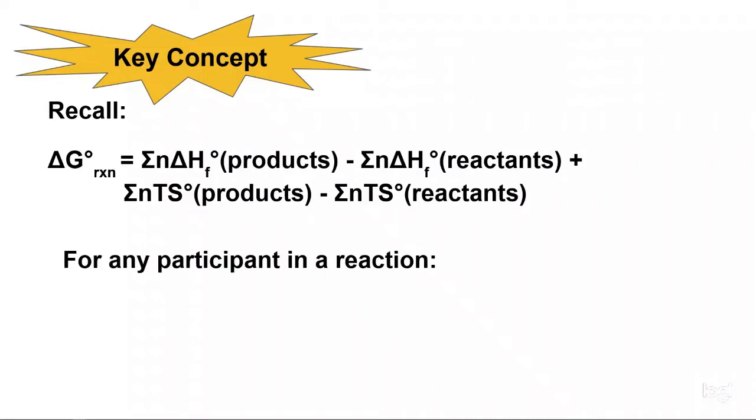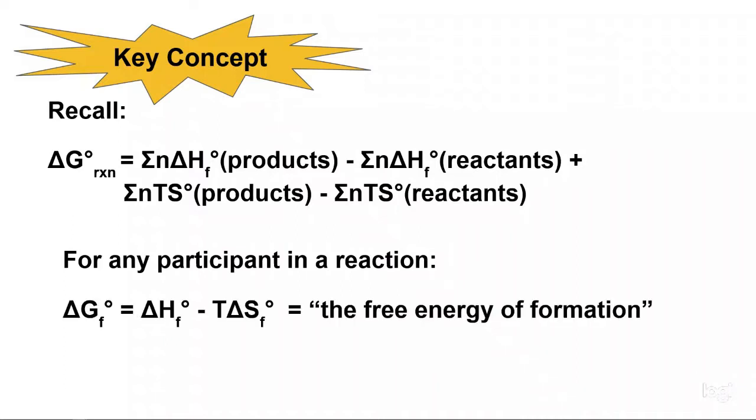And so you can define something which we call the Gibbs free energy of formation for any participant in a reaction, which is simply the standard enthalpy of formation for this participant in the reaction, either a product or a reactant, minus the temperature times the change in entropy that is caused by going from elemental form to the form of the participant in the reaction. And so this is a useful quantity to have for any participant in a reaction,